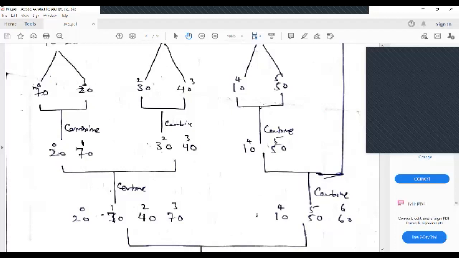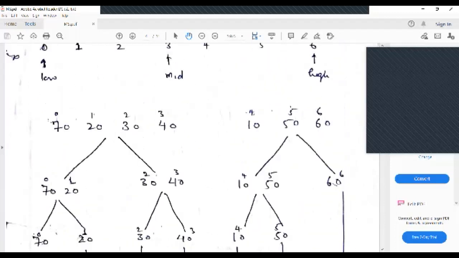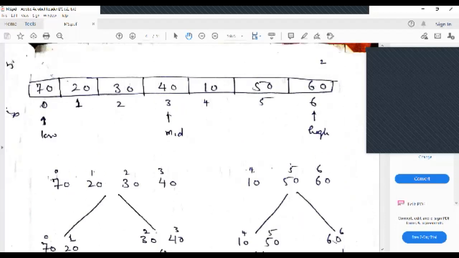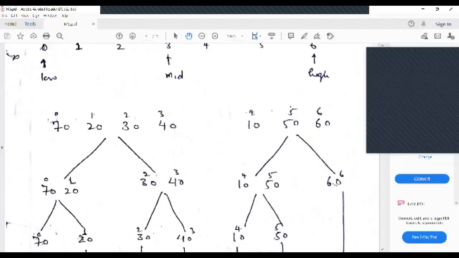ठीक है, तो each and every successive call of the algorithm, you are placing all these recursive calls onto the stack, and the stack is treated as per the last in first out logic. ठीक है, so in this way you have to map and sort the data if you have been provided with some kind of numerical data to sort using the merge sort.